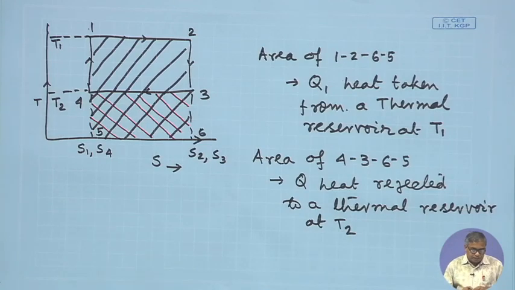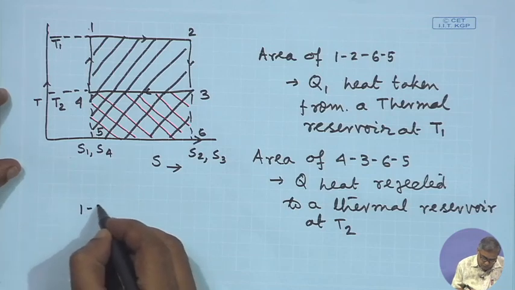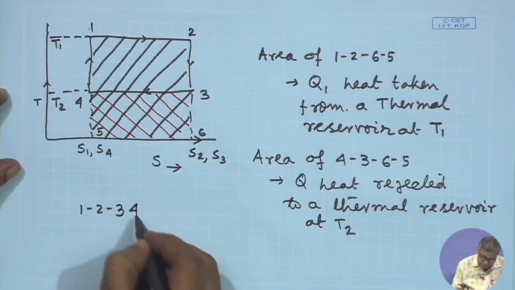Then there is one area which is left. Some area is common between these two, but the area which is not common is 1, 2, 3, 4. So, 1, 2, 3, 4 is